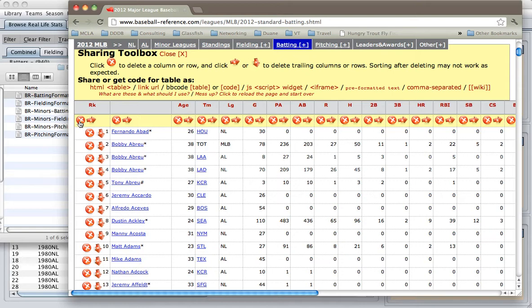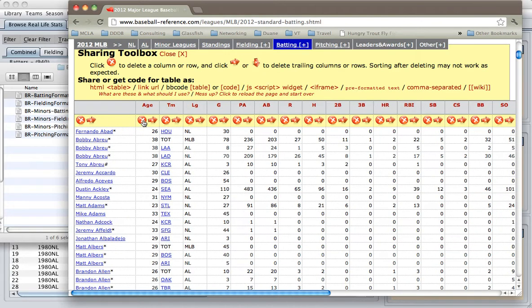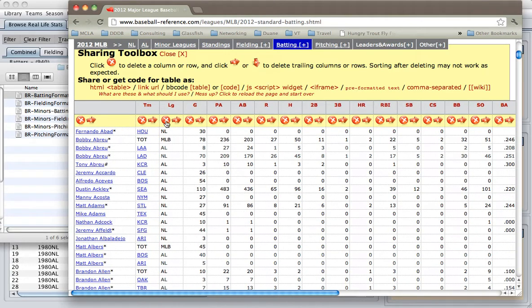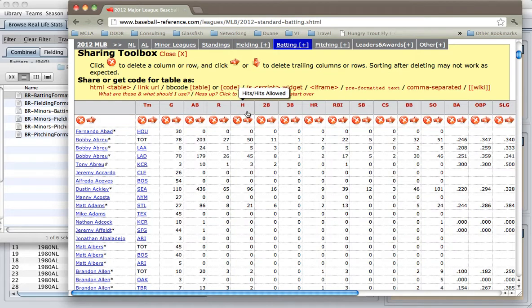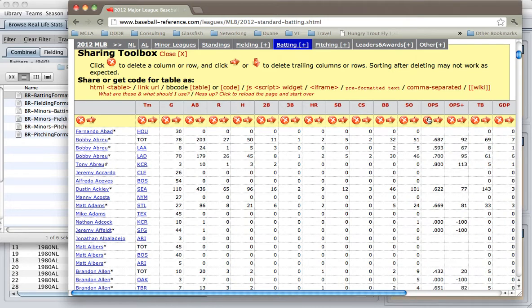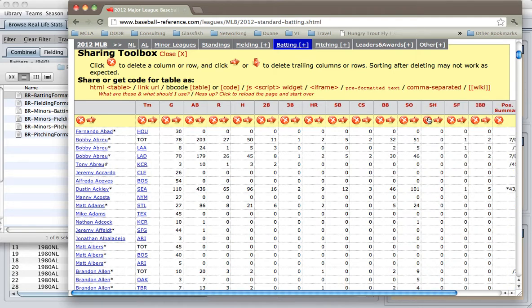We don't need the rank stat. We don't need the age. We don't need the league or plate appearances. We're going to keep at bats, runs, hits, doubles, triples, home runs. We don't need RBIs. We'll keep stolen bases, caught stealing, walks, strikeouts. We don't need batting average, on-base percentage, slugging percentage, on-base plus, total bases. Don't need any of these. We'll go all the way up to sacrifice hits